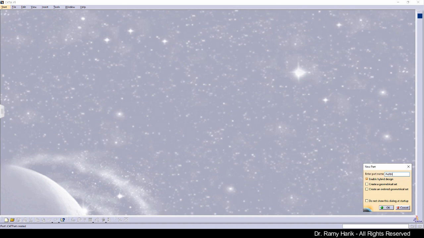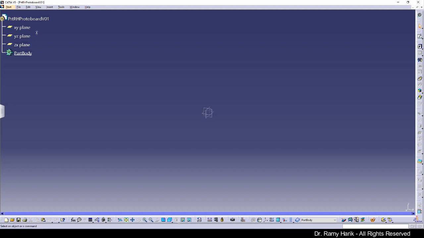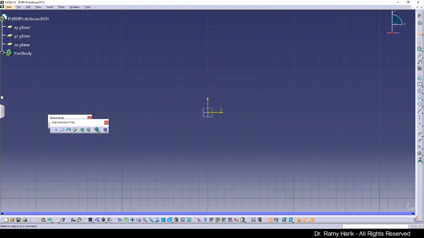And then you name the part, and this one I'm going to call Proto Board and V01. And I'm going to maximize the view of the design tree so that you can easily access it. So this looks like it's going to be one sketch, and I am going to do this on the YZ or on the XZ plane. It doesn't matter. I'm going to select the YZ plane and click on sketch,